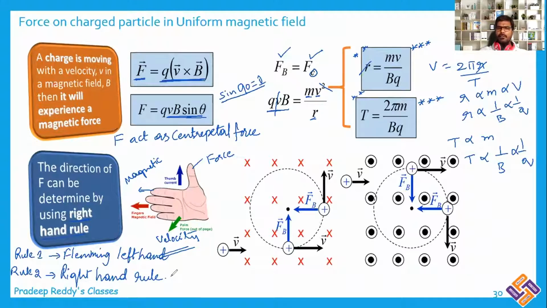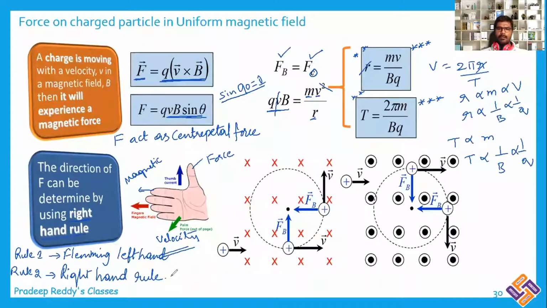According to the right hand rule, you should use the right hand. For the left hand, you will use three perpendicular fingers. For the right hand, you will use this palm rule. What we do is put four fingers parallel to the first vector, curl your four fingers towards the B vector, the second vector. The thumb represents the direction of force.